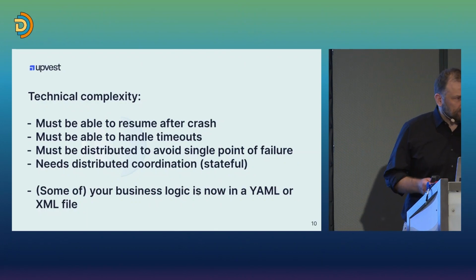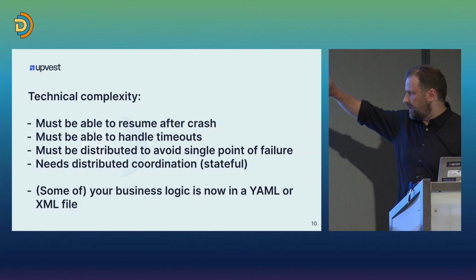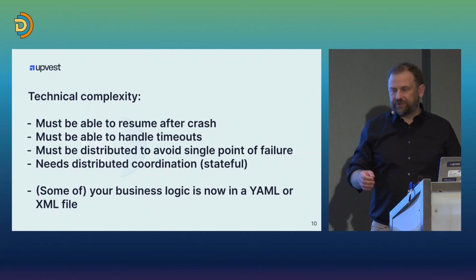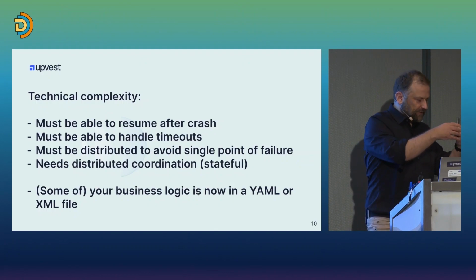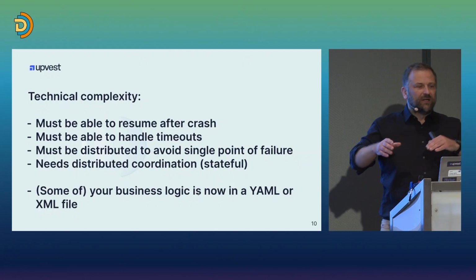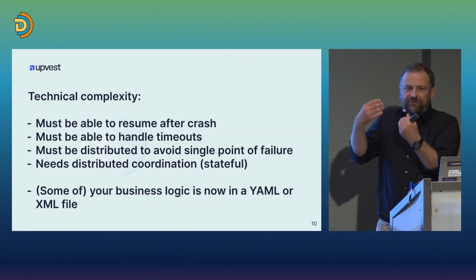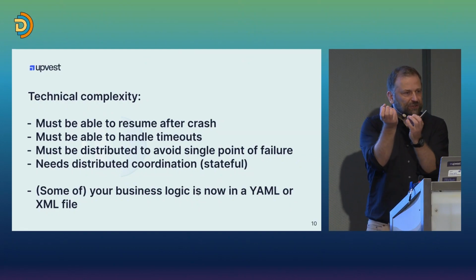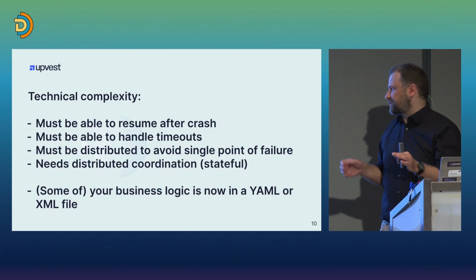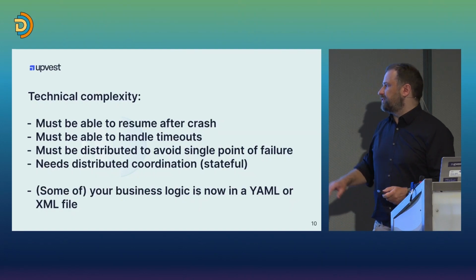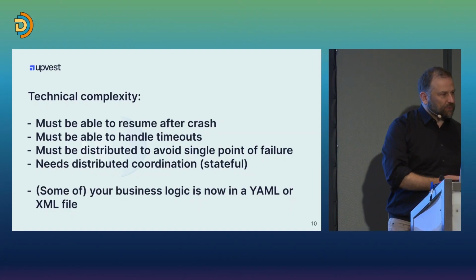This is true for all of these, for the workflow engine, or for your own service. So you need to distribute it. And it's stateful, right? It has to keep track of where your process is at. So you need some distributed persistence to make sure this works out, or even some sort of coordination between your instances. People use Paxos, Raft, and so on to actually do this. So a lot of things can go wrong there. This is why you will often hear the advice to not implement this on your own.